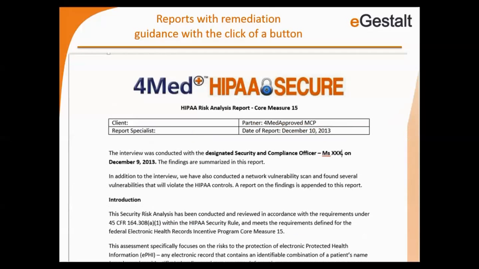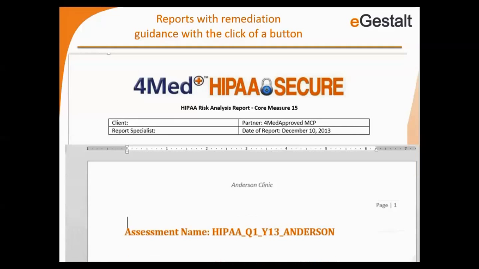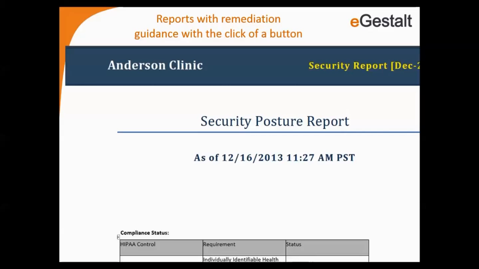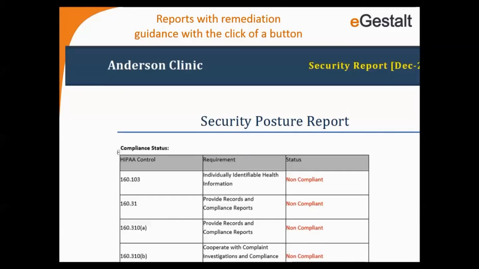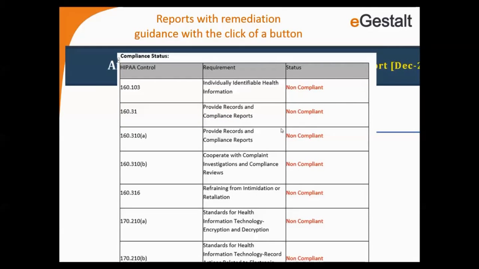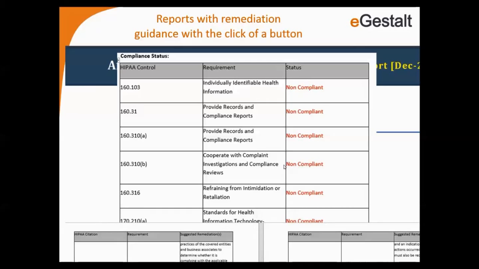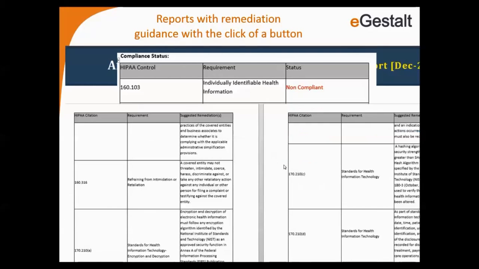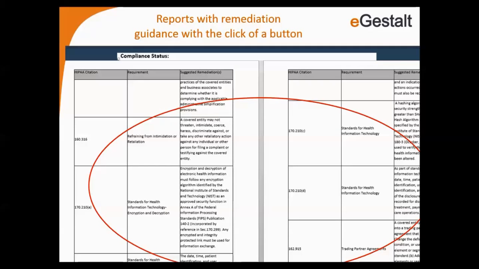So if there are patches needed, if there are things missing, then you are able to do that very easily. And then you can generate reports that give you all the guidance that you need from a security gap perspective, compliance gap perspective, and we tell you not only what the problems are, that you're non-compliant here, but also how to solve the problem. So it tells you what are the things you need to put in place to get to compliant